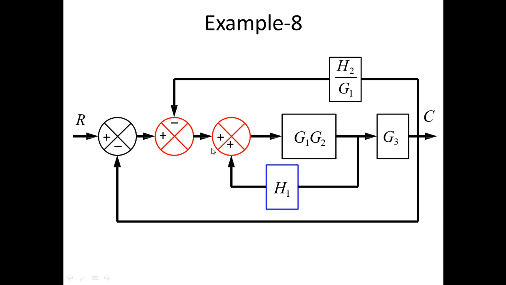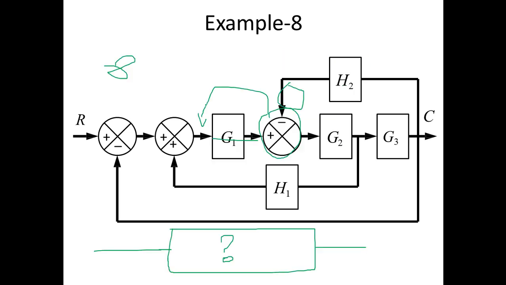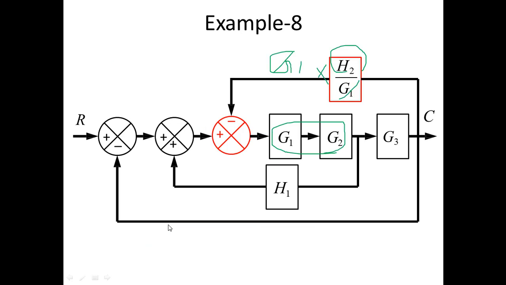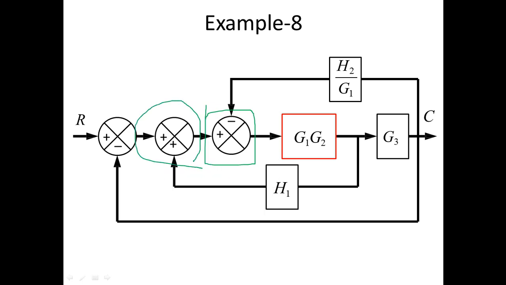The second thing you want is for this G1 to be added at this point instead of this summing point, and there are no other complications, so it is not that difficult. You just swap. This is the swapping rule, rule number 7. Let me show you. You can swap these two summing points, and you just did the same. This was the summing point over here, and this was the summing point over here. If you swap them, you bring this here and you bring this to this side.